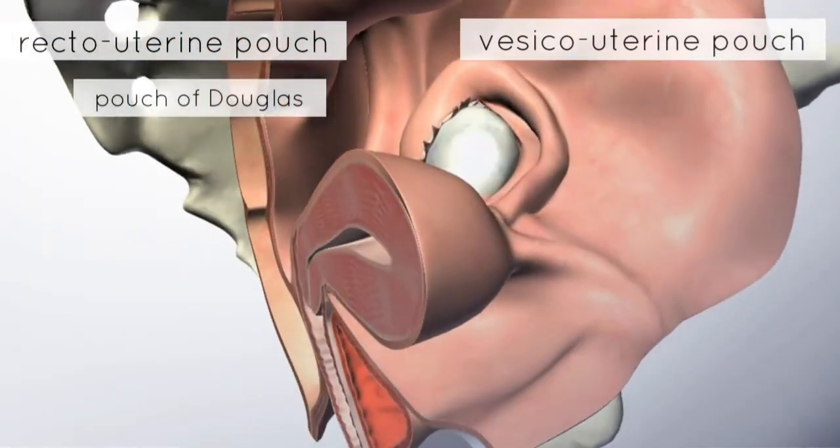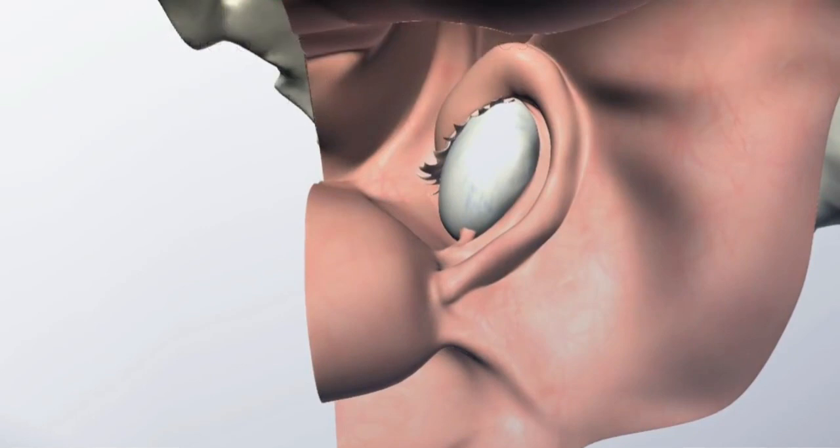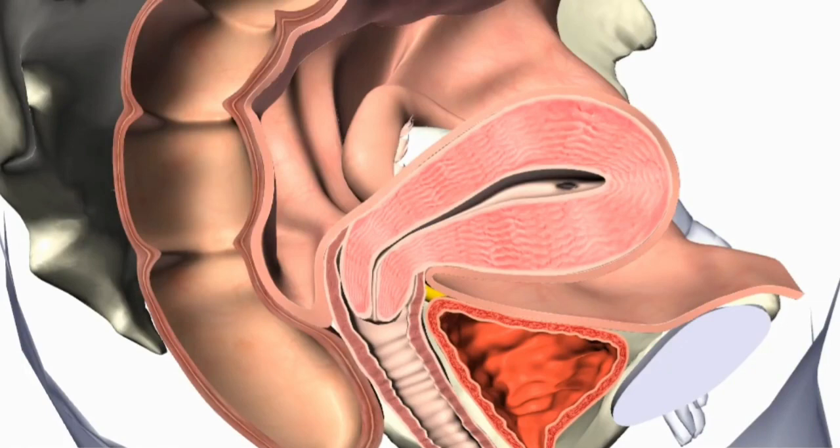So just to be aware that this peritoneum drapes over the uterus, and you can see the intraperitoneal ovary here. So that's a brief introduction to some of the elements of the female reproductive